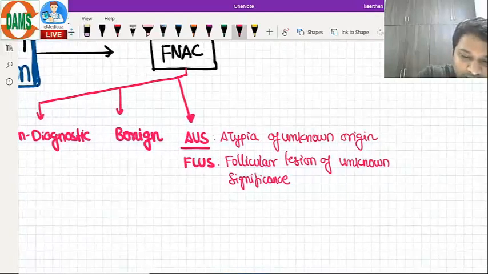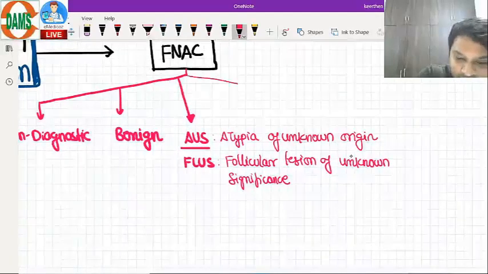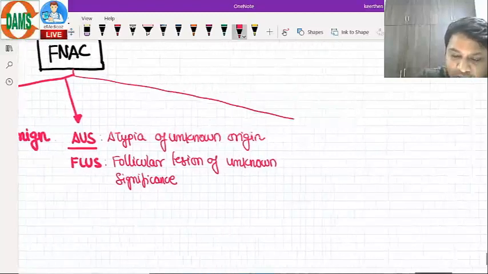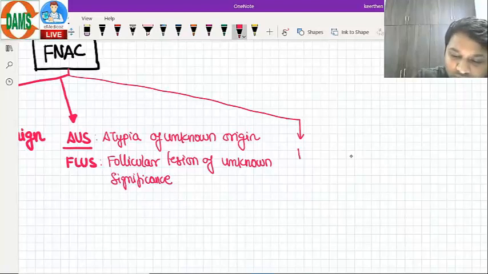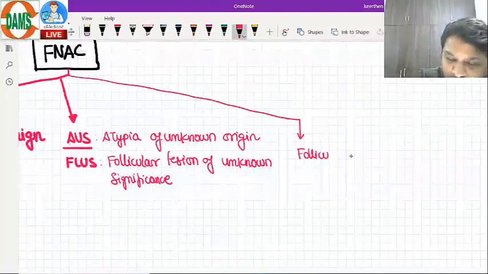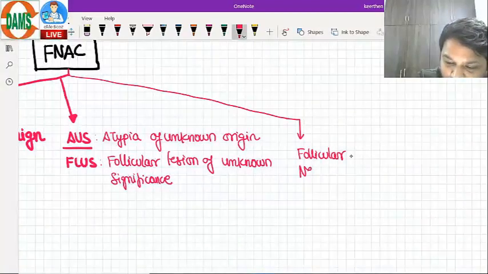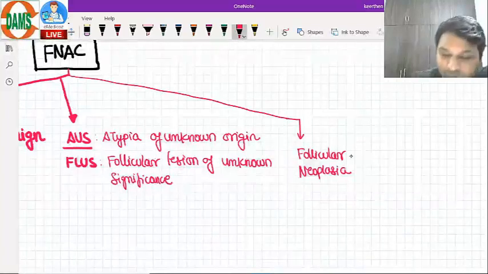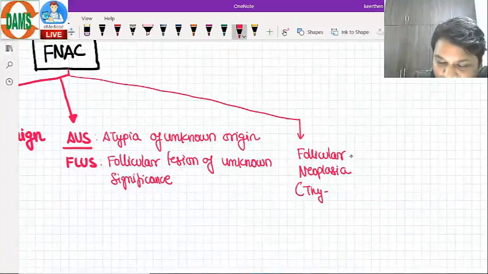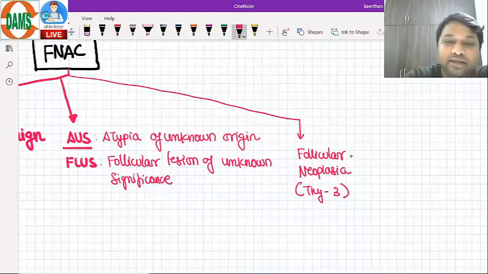Another possibility that we can get from here is follicular neoplasia. If you remember the Bethesda classification, I told you the Thy 3 category. The Thy 3 category is going to be